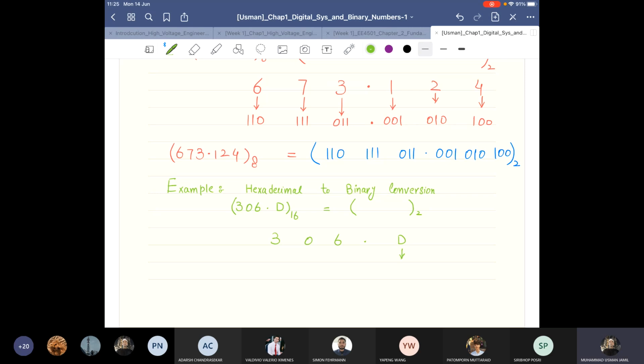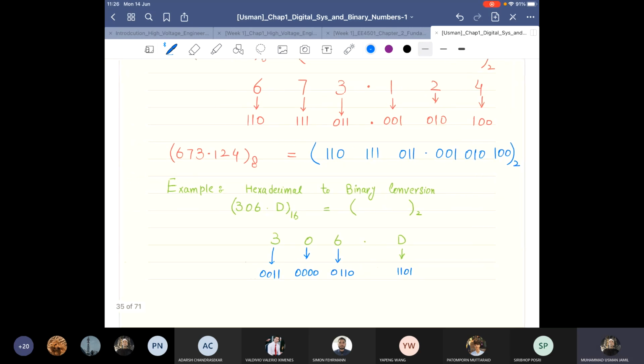We know D is 1, 1, 0, 1, and 6 is 0, 1, 1, 0, and 0 is 0, 0, 0, 0, and 3 is 0, 0, 1, 1.